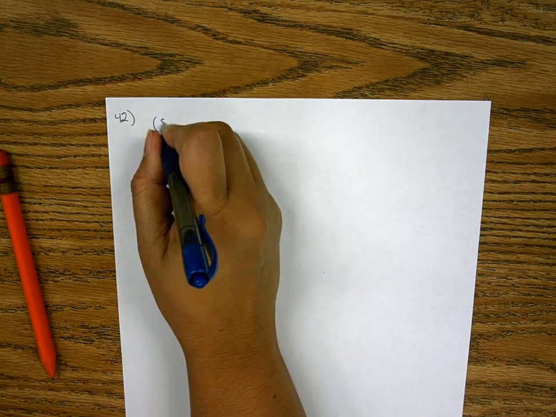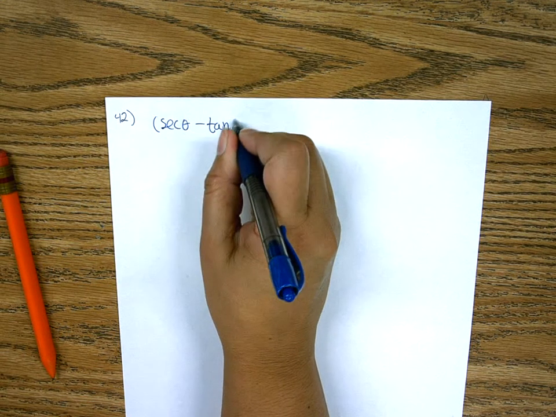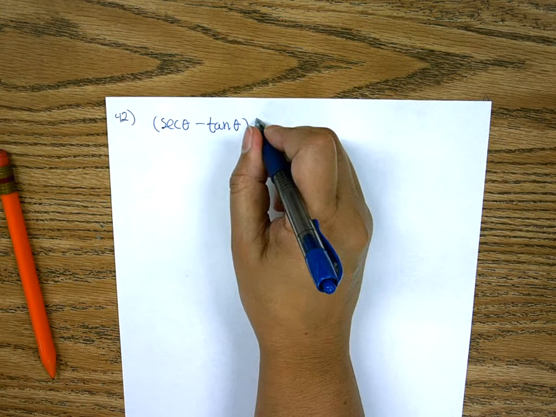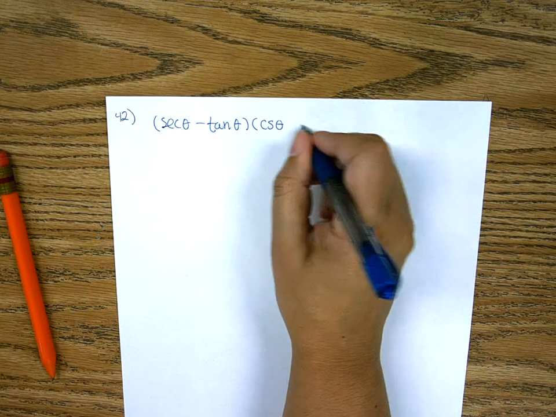Parentheses secant theta minus tan theta, times the quantity of cosecant theta plus 1,